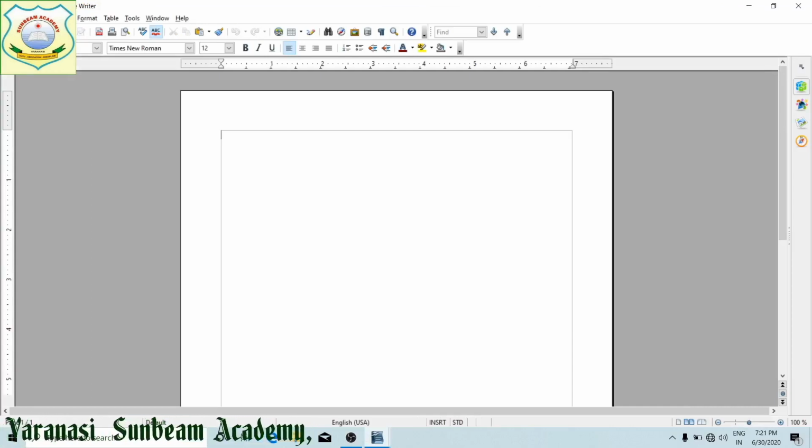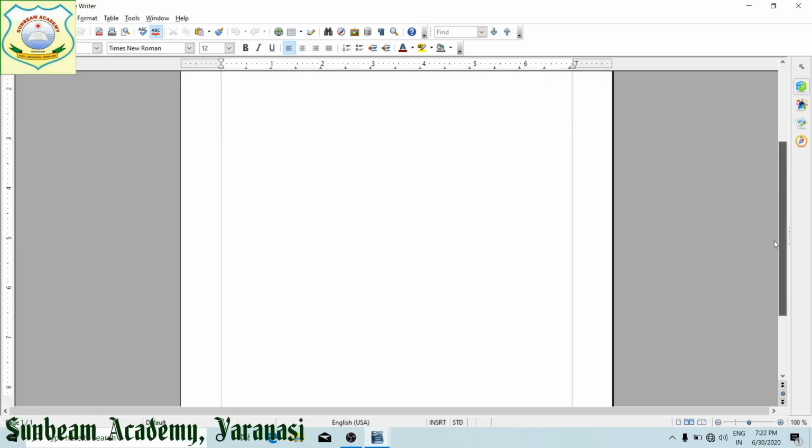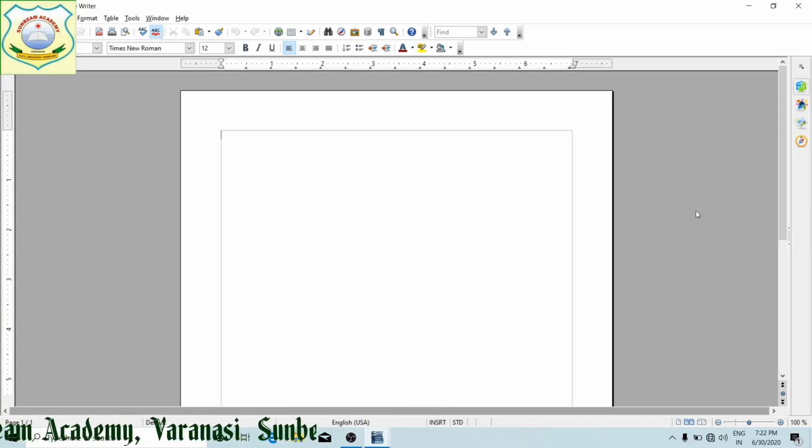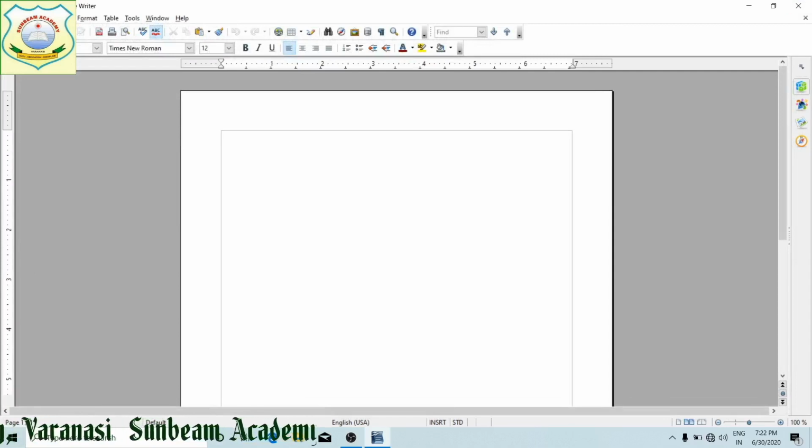On the top, as I told you, this is the title bar, the menu bar, this is the standard toolbar, this is the formatting toolbar, this is the rulers, and these are the scroll bars to move up and down and to move left and right. Then, as I told you, how you start with a new document. Already a document has been created, untitled 2, because one is already opened over there. This is untitled 1. In between you need another page.